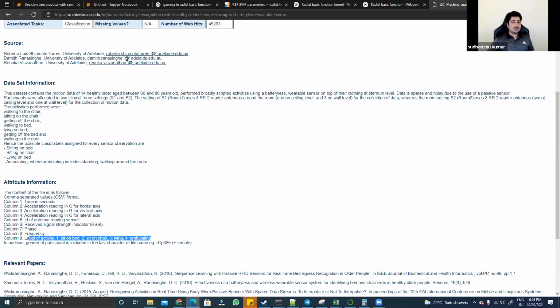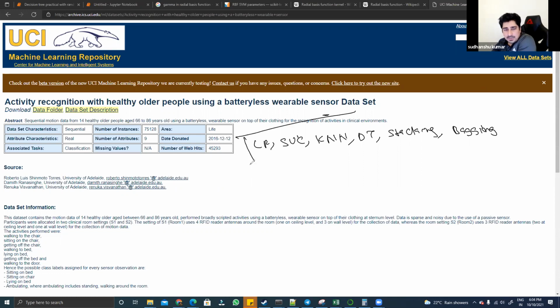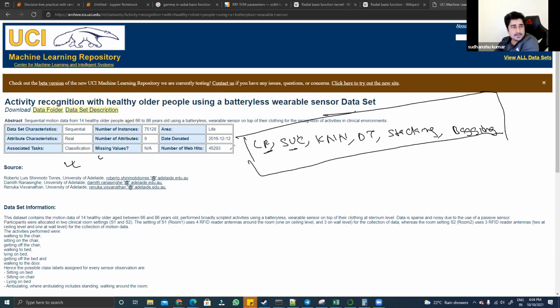What you are supposed to do is logistic regression, SVC, KNN, decision tree, stacking, and bagging. With respect to this data set, try to build a model with a proper EDA, proper pipelining,